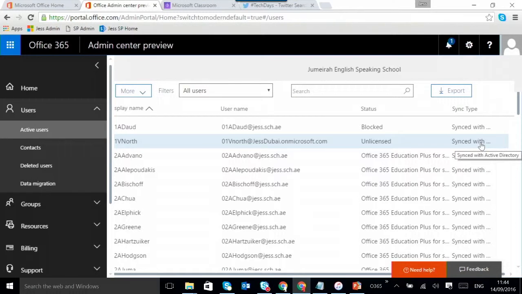Anything that's in on-premise will be copied to Office 365. So if you've got in there, say for instance a teacher, their office, their department, and all those sort of key features, they will go to Office 365. It will sync all those as well, the data that's added into Active Directory. Yeah, so everything that's in there will go at the same time.